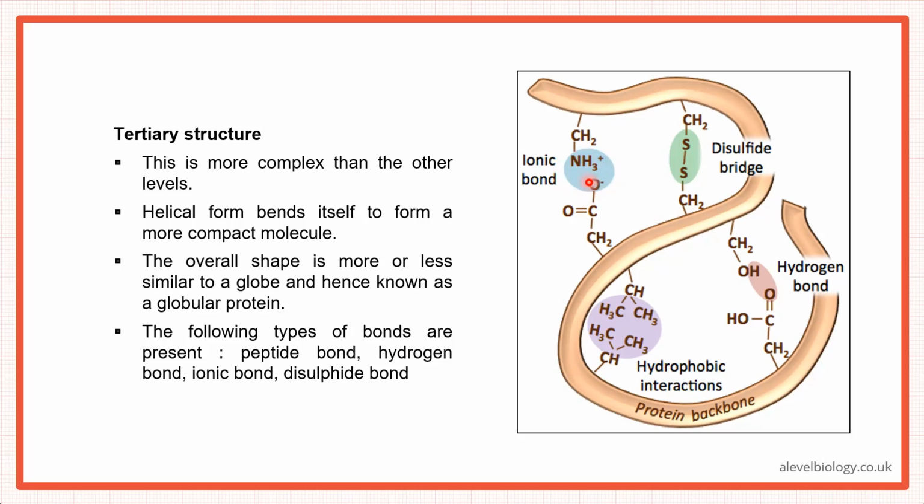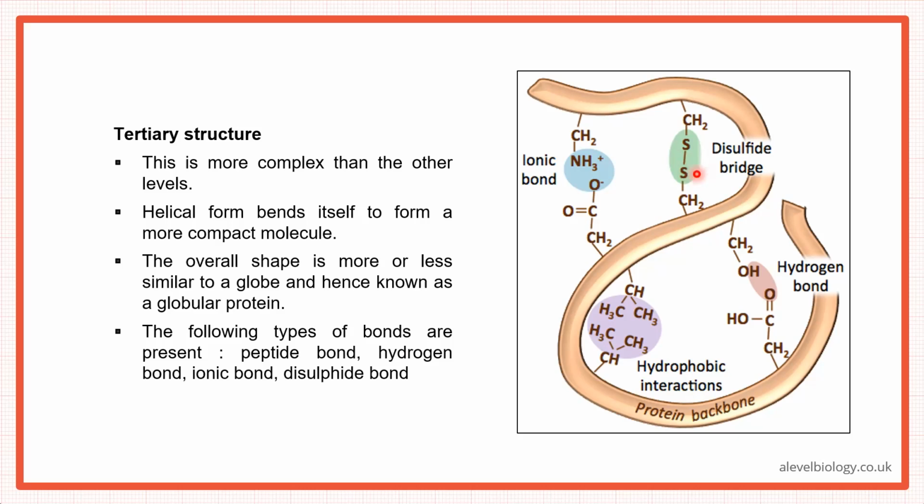Okay, so we have ionic bonds and then disulfide bond. The disulfide bond comes from an amino acid called cysteine. So there must be a cysteine here, there must be a cysteine here. So between two cysteines there is always a disulfide bond made. Its sulfur and this sulfur, there are two sulfurs here, so we have a disulfide bond. Okay, you getting it?